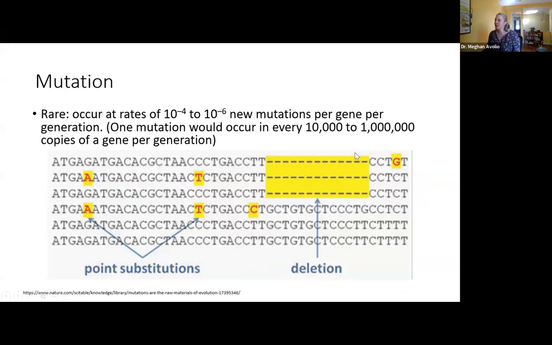And so this is just an example in this picture here of what these mutations would look like. We can think of each row, 1, 2, 3, 4, 5, 6. We have 6 rows. We can think of this as 6 individuals within the same species. And what biologists will do is line up these DNA sequences to compare them. We can see that individuals 2 and 4 have an A where every other individual has a G, and have a T where every other individual has a C. So that's one source of a point mutation. We can also see that individuals 1, 2, and 3 have this region deleted, while individuals 4, 5, and 6 actually have that region still present. And so these are examples of mutations.